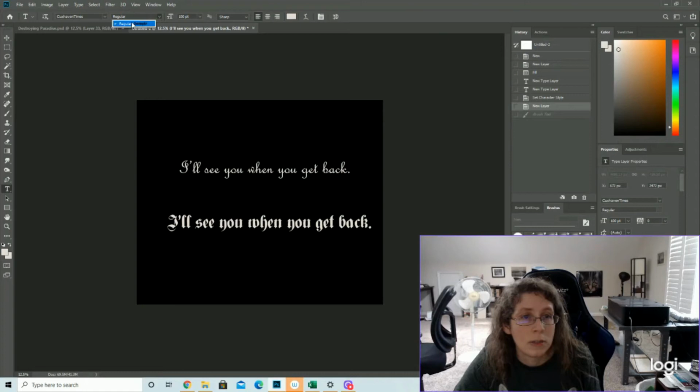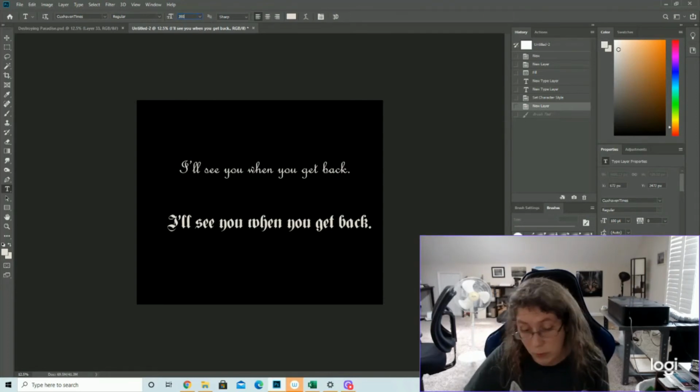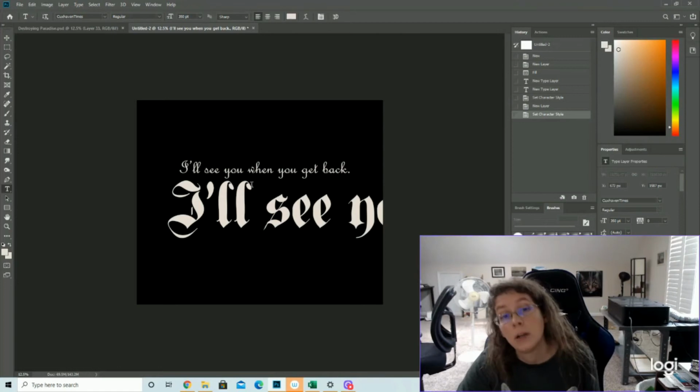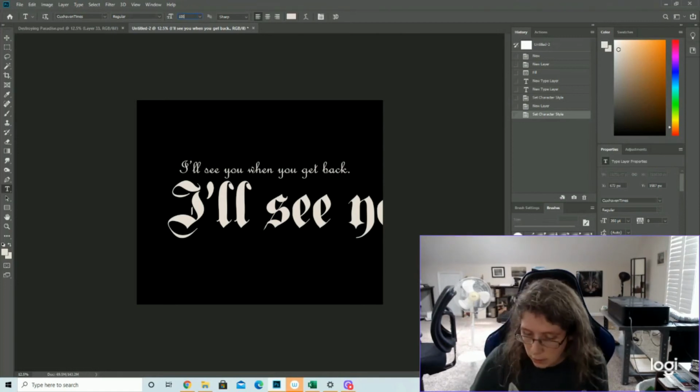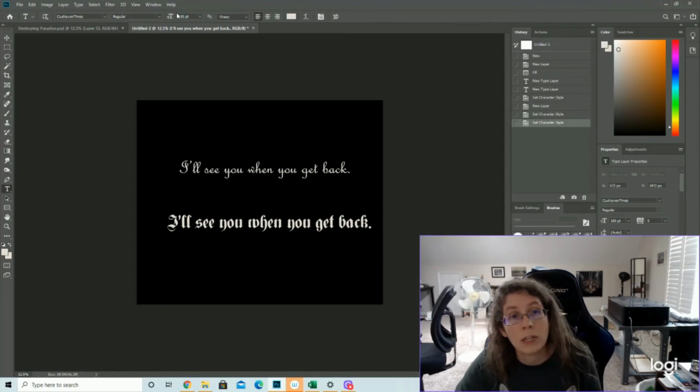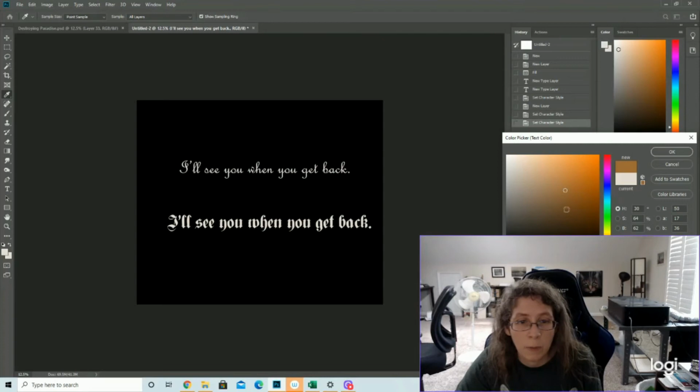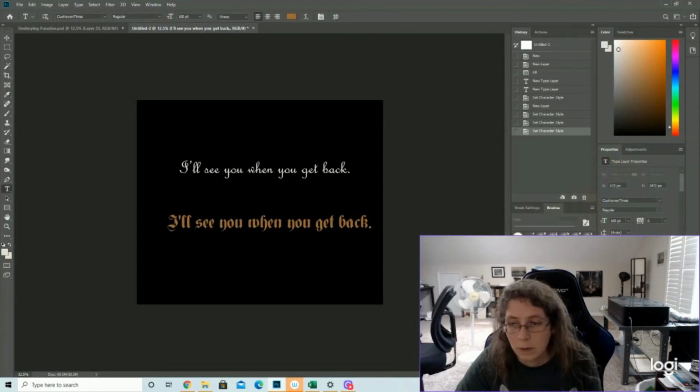Likewise, you can change the size of it. You don't have to go from here, right? I can type in whatever I want. So if I want to make this 350, which is going to be way too big, and hit enter, you can see that makes it big. If I want it back at 100, I can do the same thing. So you can manually type in this number here. I can change the color on the fly, right? If I want it here. Oh, no, it's gonna make me, oh, there it goes. I can also